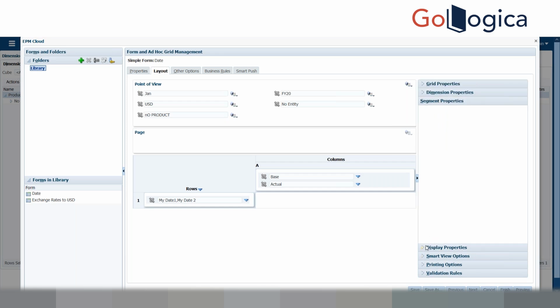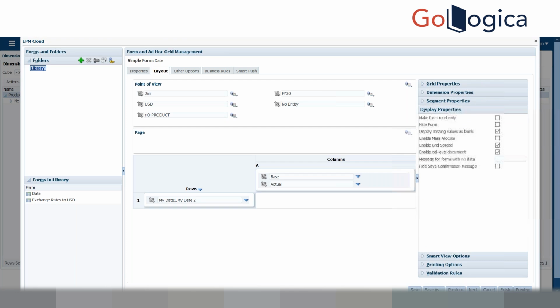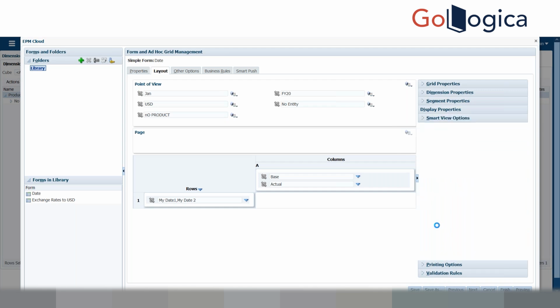These are some properties of an asset system. If you are using display properties, whichever kind of display you require, you can make the form read only, you can hide the form, you can display value as blank, enable mass allocate, enable grid split. This is something different, but I'm just explaining the basic things which you can do in forms. So in smart view options, disable spreading, disable formatting,